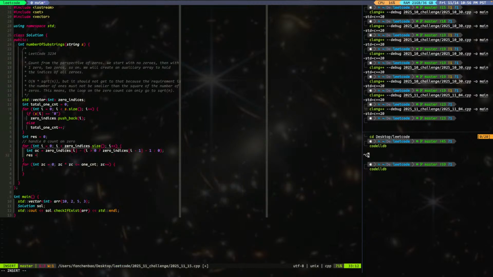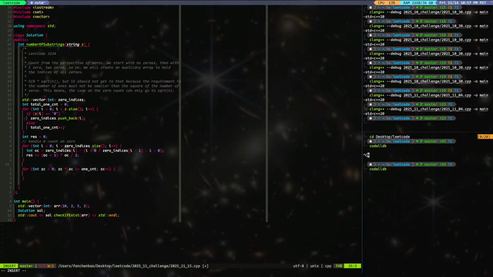And we say res plus equal to, actually I think it's OC plus 1 times OC divided by 2. Right? And then we'll move on. We move on. And then we go to the last one, and with the last one it should be res plus equal to